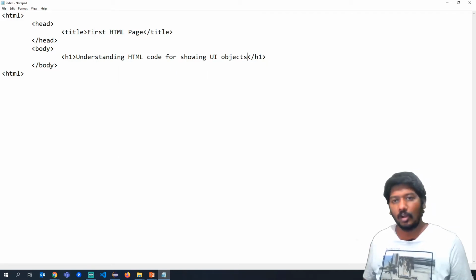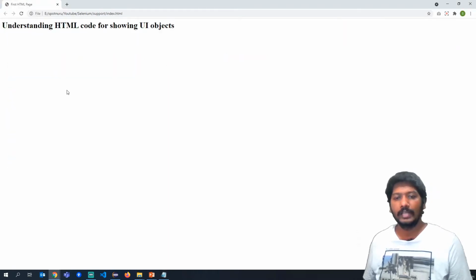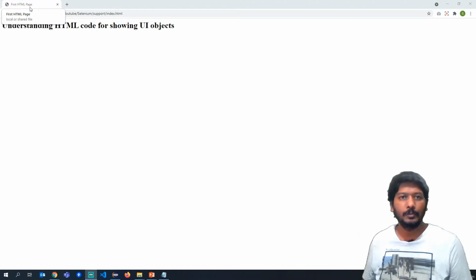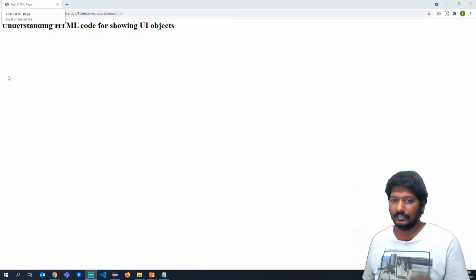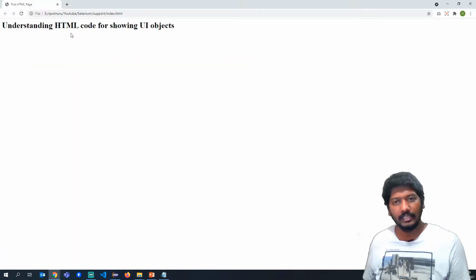Now let us launch this in the browser and see what appears. This is what you get when you launch this particular page. If you see here, on the top you have the title that we have given in the title tags. We have given first HTML page, and that is what is showing in the browser.